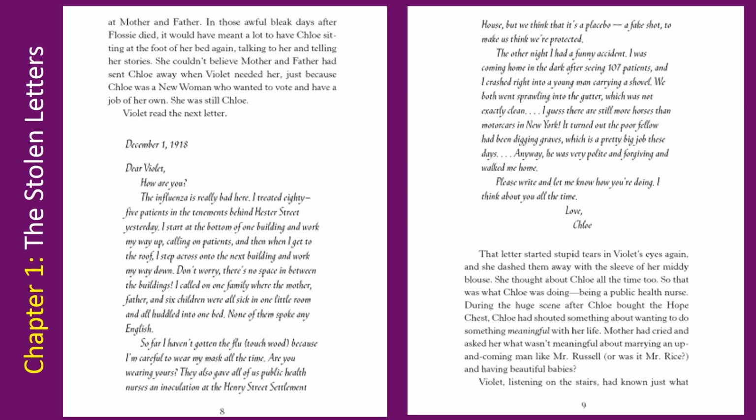Page 9. That letter started stupid tears in Violet's eyes again, and she dashed them away with the sleeve of her middy blouse. She thought about Chloe all the time, too. So that was what Chloe was doing, being a public health nurse. During the huge scene after Chloe bought the Hope Chest, Chloe had shouted something about wanting to do something meaningful with her life. Mother had cried and asked her what wasn't meaningful about marrying an up-and-coming man like Mr. Russell, or was it Mr. Wright, and having beautiful babies. Violet, listening on the stairs, had known just what